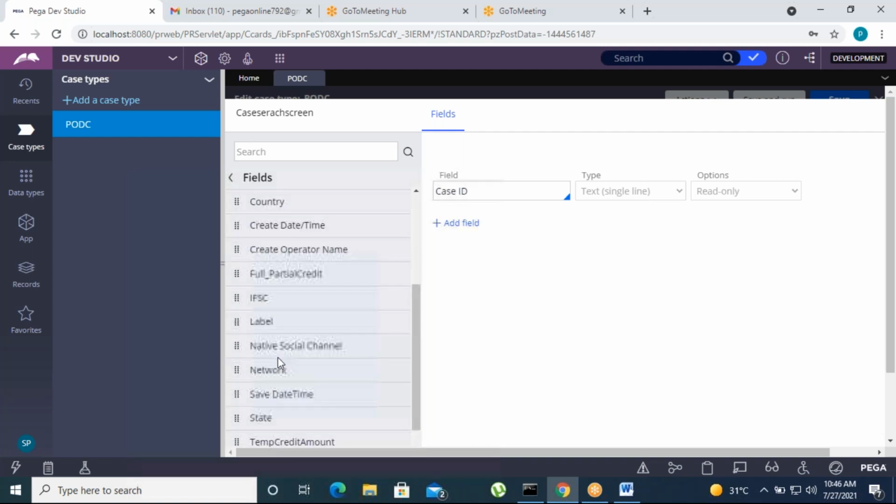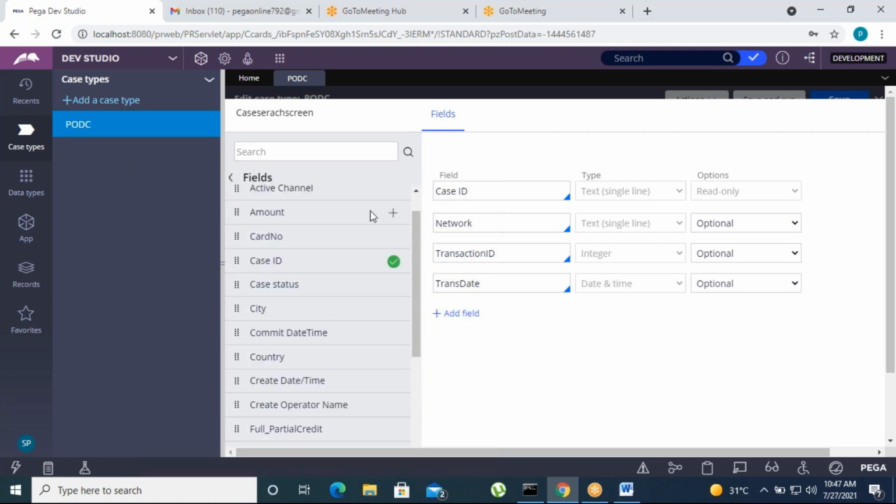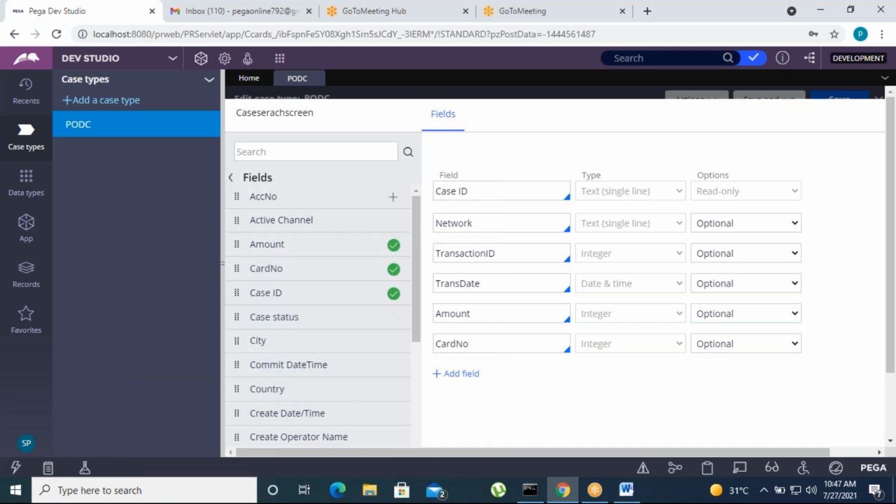Then I want to retrieve some network card number. Okay, these are the data.